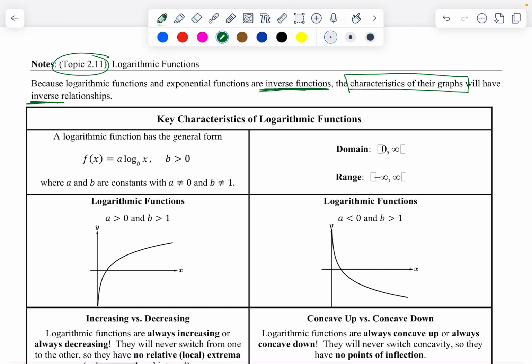Okay, so a log function has this general form. We already went over that in section 2.10, where a and b are constants and a cannot be 0, and we went over why b cannot be 1. And of course, b has to be greater than 1. And if you look at the graph of a basic log function, it kind of looks like this. So as long as there's no transformation,